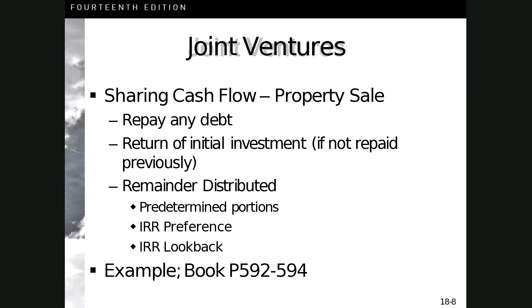That makes sense. So you take whatever return of capital you get after the sale, you pay the remaining debt, you return all the capital investment back, and then you calculate any preferred IRR and say, okay, I need to have at least 12% in here. So you give me that amount of money back in order to make it 12%. Whatever is remaining, we're going to split half and half. Any question on that? Okay, sounds like a pretty easy deal.